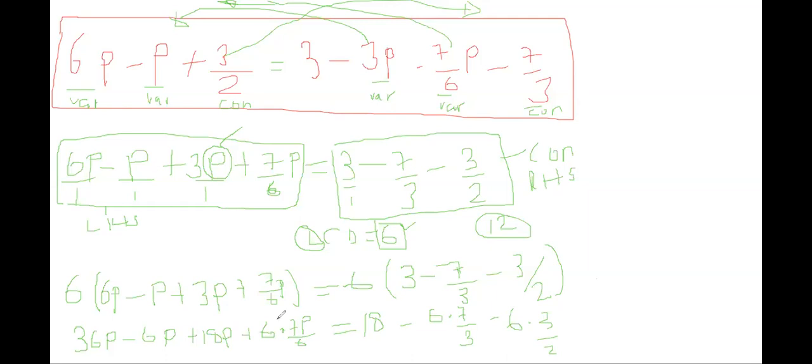We will cancel this out and cancel this out. It will be left with only 7p. Now this problem of 6 has been solved. 18 is okay, minus 6